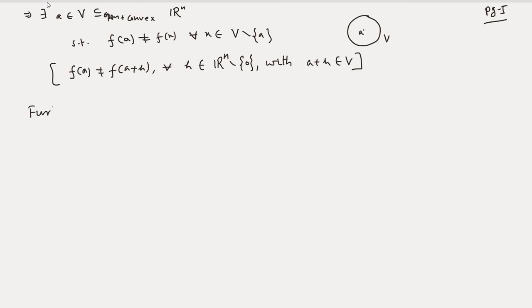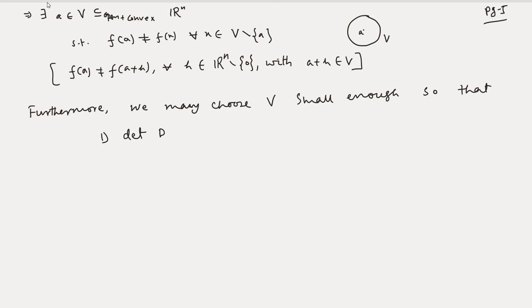furthermore, we may choose V small enough so that the determinant of the derivative of f at x is not equal to 0 for all x in V. Okay, so we may choose the closure of V, containing A and A plus h, this is V closure. Okay, so